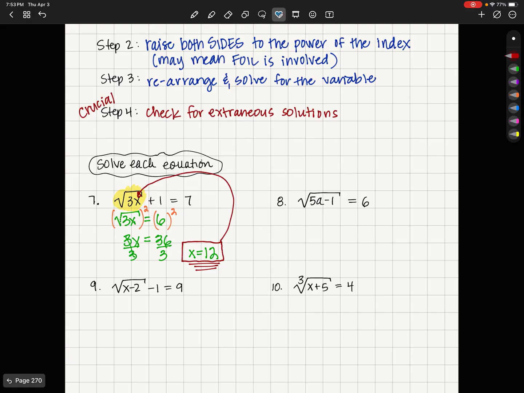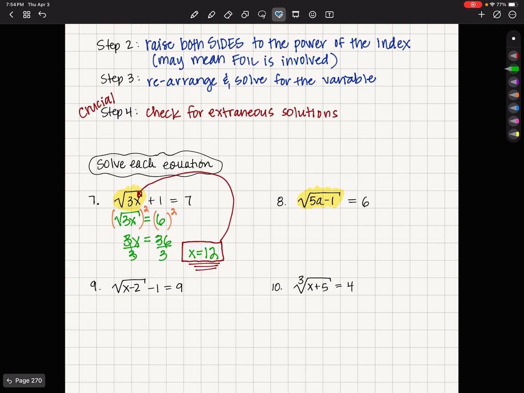Number 8, we've got the square root of 5a minus 1, and that's equal to 6. I am going to highlight my radical, and I'm going to try and get it on a side all by itself. And when I highlight that, I realize it already is all by itself. Therefore, I can go straight to step 2, and step 2 says,